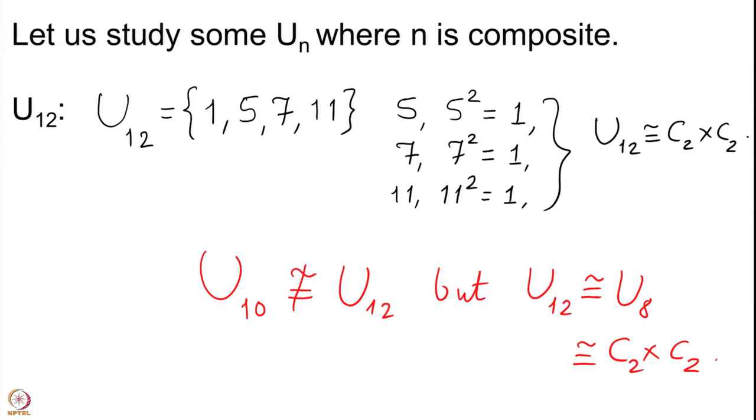In general, what we would want to do is to find the structure of all Un. We want to understand all Un for every natural number n. We have made a step. We have begun the study of these structures of Un by looking at Up, where p is a prime. Our experience has been that Up are much more tractable. The prime numbers, things related to prime numbers are more tractable than things related to natural numbers. So, we would want to see whether the same thing holds in general.